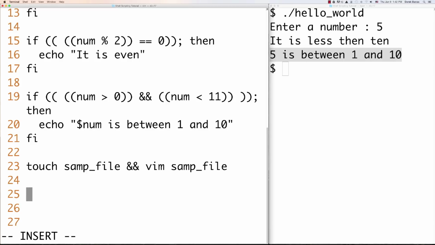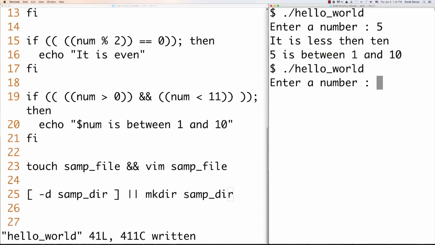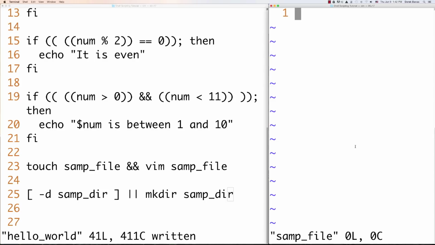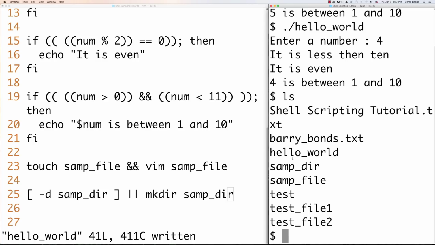So we could say if sample directory doesn't exist, then we want to make it. And to check if it exists or not, a command we could use here is -d sample directory, and then we could go or, that's that guy, and if it doesn't exist, we're going to go make directory sample dir and jump over here, execute, enter a number, doesn't really matter, and there you can see the sample file was created. And here we are going to escape out of this guy, and you're going to be able to go ls, and you're going to be able to see that the sample directory was created